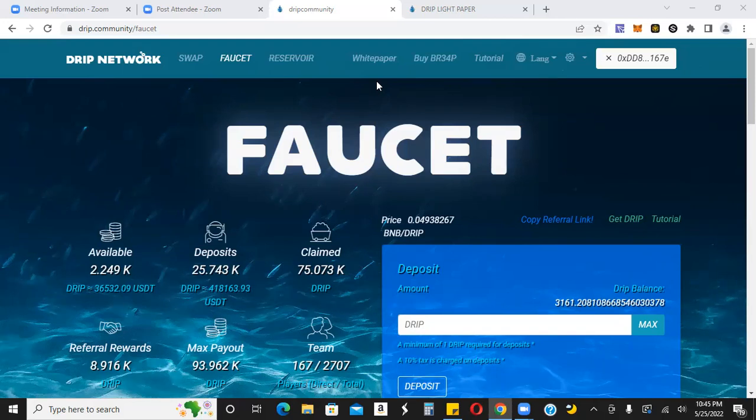Because of course, in my opinion, you could still make a profit if the price of drip drops, if you are making 365% on your deposit, right? But what if you can make 365% on your deposit and have the price of drip harden and even go up over time, right? Not overnight. It's not going to go up tomorrow. It's not going to go up next week, or maybe not even next month, but over time, if the amount of B&B inside of the reservoir goes up,